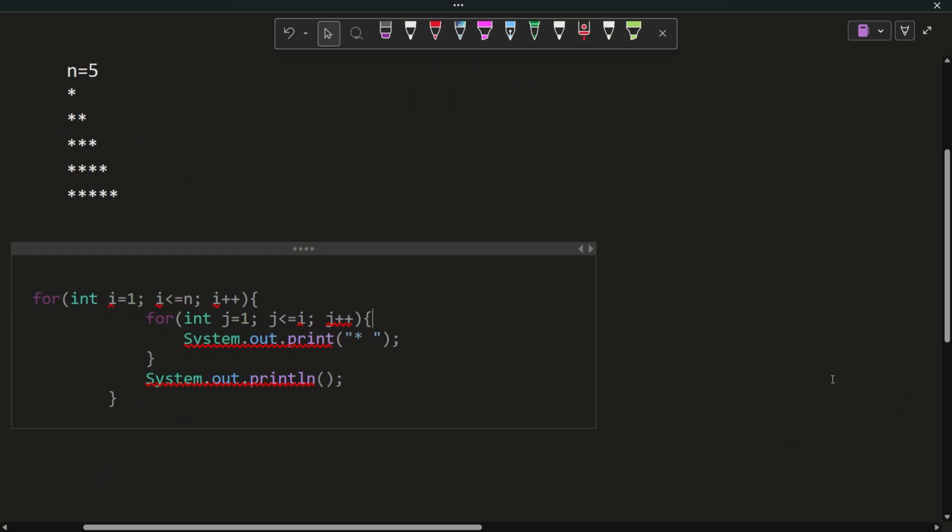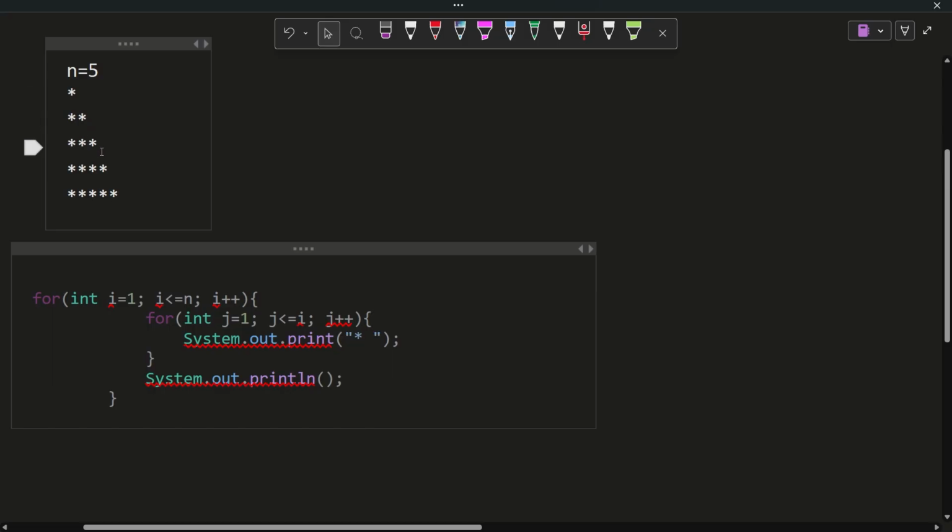So welcome back. In this video, we will be learning about how to print a right angle triangle. Here, if you see, this is a right angle triangle. The input we are providing is 5, and finally at the fifth row it will print 5 asterisks. If you notice, the number of stars depends on the rows. For example, for the first row it will print only one star.